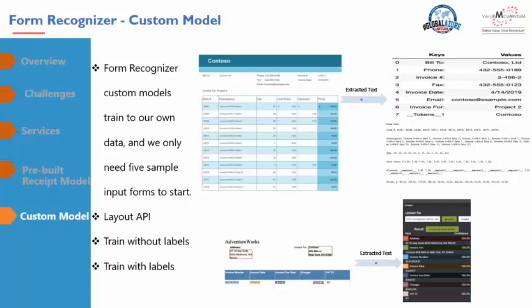It bounds that key value pair so that when the custom modeling is being built, the models can learn the expected sizes and the positions of the printed and the manually written text elements.